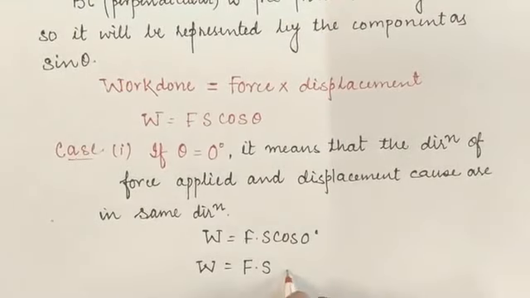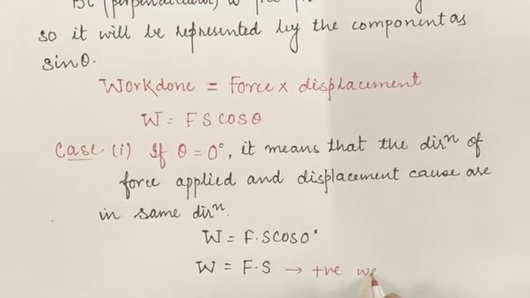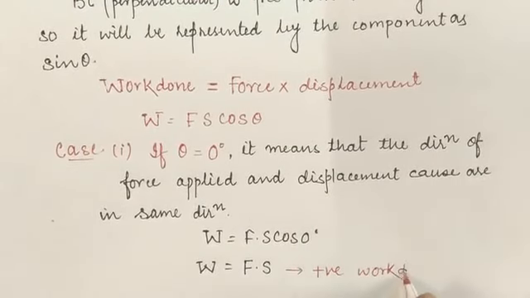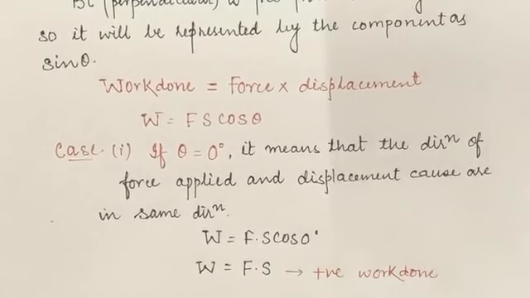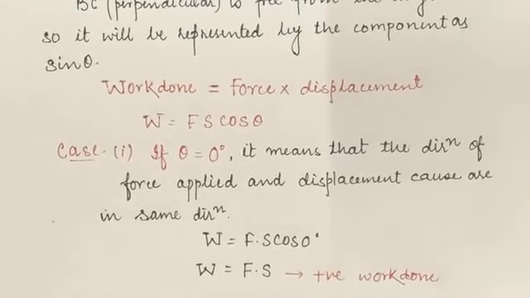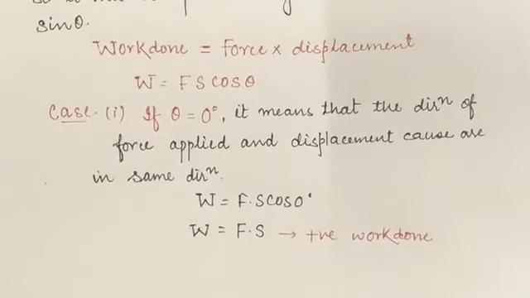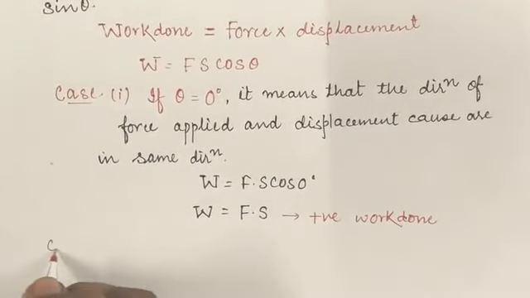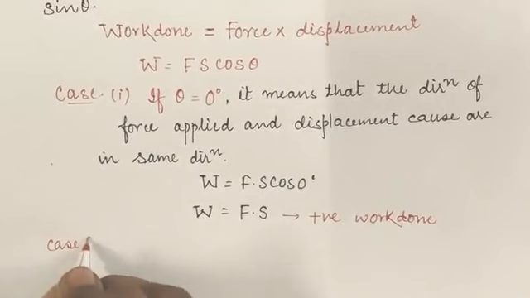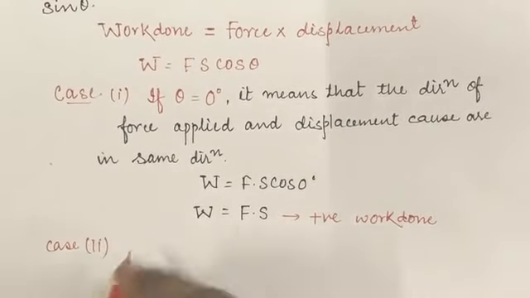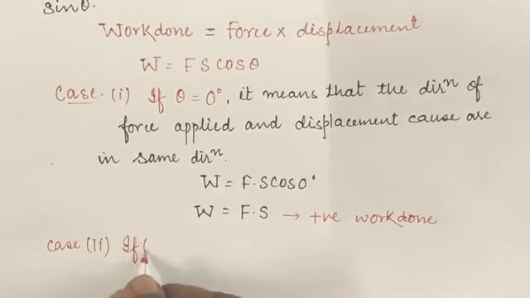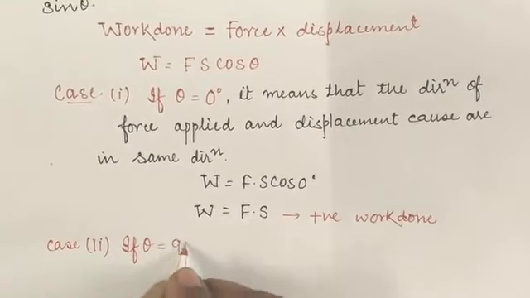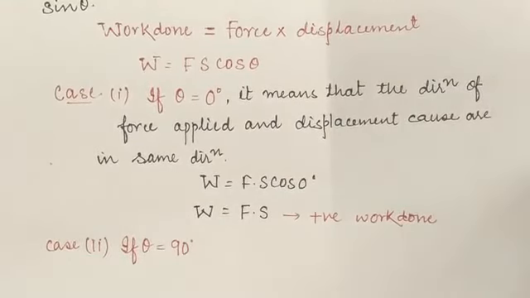So we can also say that in this condition we will get the positive work done. Okay children, it means that in the direction of the applied force. The next condition of the work done is that if the angle becomes 90 degree. Case 2. Children, in case 2, if theta becomes 90 degree, it means that the direction of the force applied